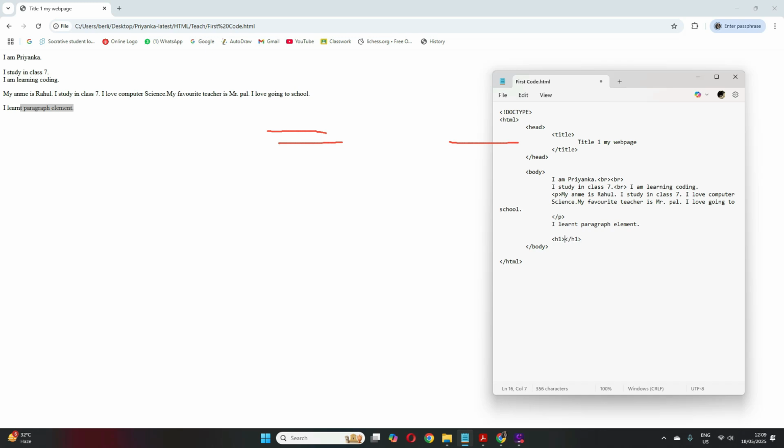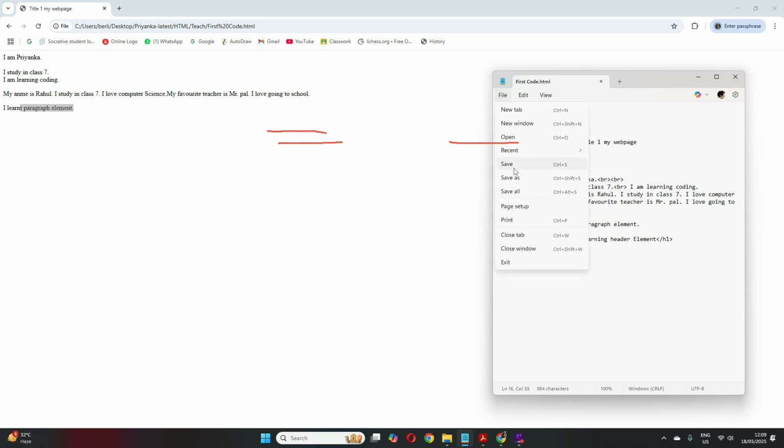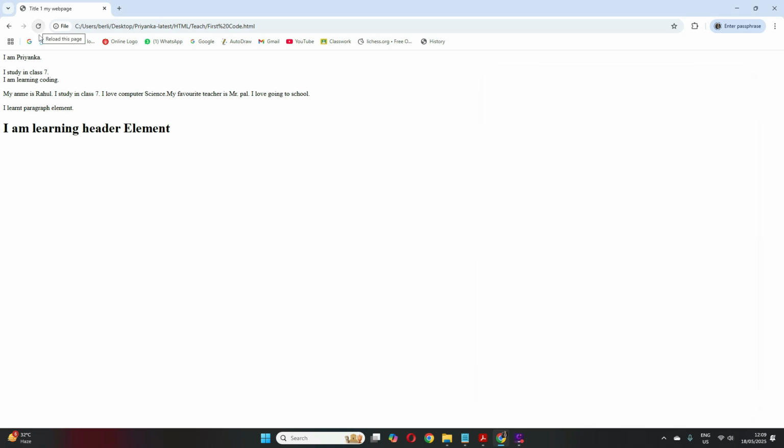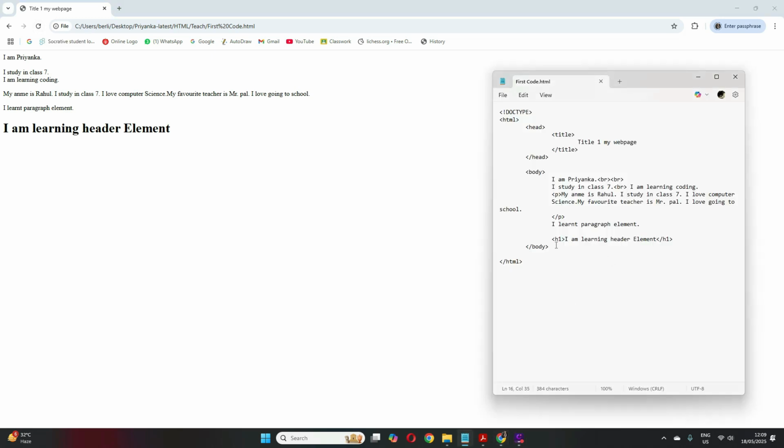So within H1, suppose I write I am learning heading element. Now let me save this and see how it turns up. Before that, let me remove these lines. Now let me just refresh, see how it turned up.